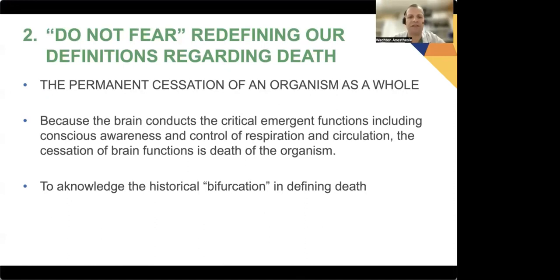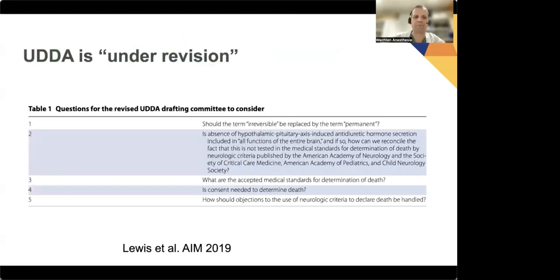And more, we see that the definition of brain function can be a core in defining death. The cessation of brain functions is really reflecting the death of the whole organism. And we should step away from this bifurcation of defining death in two ways. There's only one death, and there's no such thing as a circulatory death or brain death. You all die because of the cessation of your brain function and your organism.